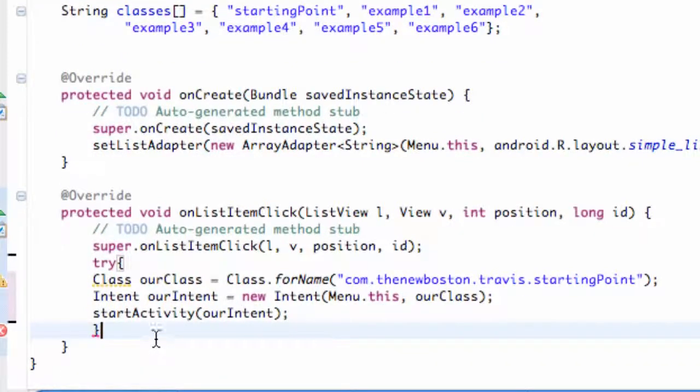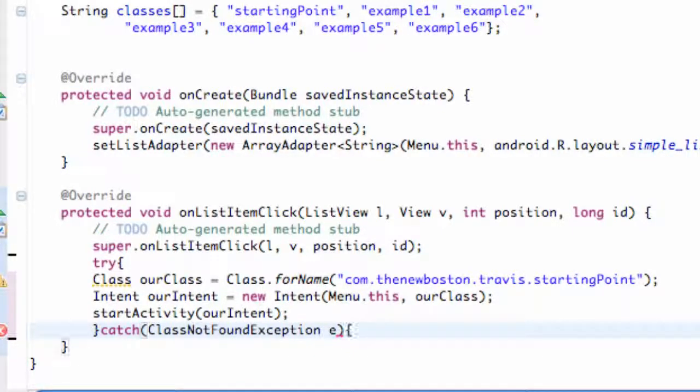The next thing we need to do is catch an exception. For example, we're going to use the exception type class not found. So again, if this class is not found, it's going to give us that exception. So we're going to say catch, and then we have to define the exception within parentheses. And again, the exception type is called ClassNotFoundException. We're going to label this exception, or give this variable the type, the label E,